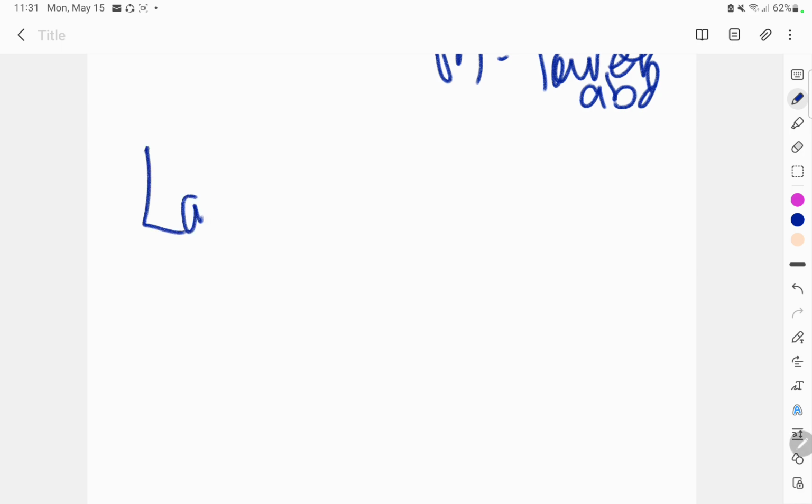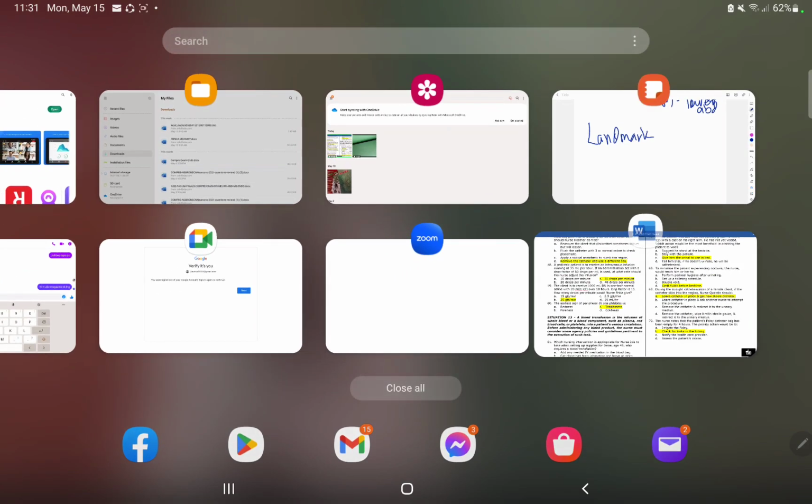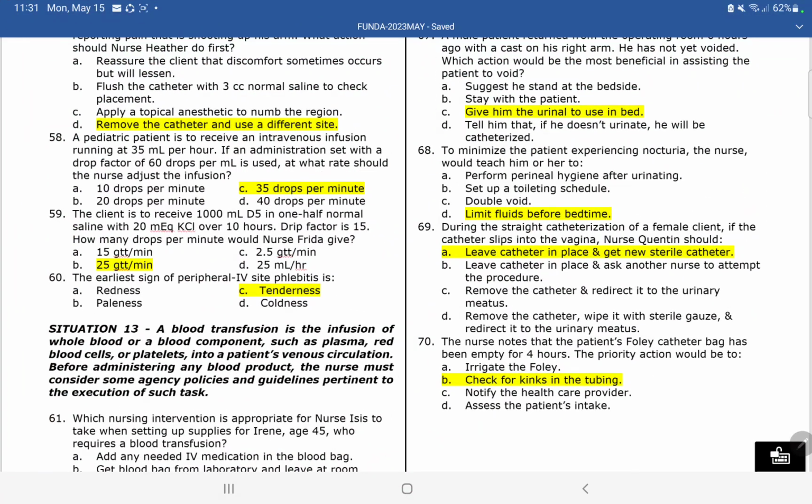Okay. Next would be, so yun na nga ang situation na pumunta sa vagina ang catheter. So just leave it there and then get a new one for the sake na that would serve as your landmark. No, it will serve as your landmark. So the answer for that is letter A. Now, another one is the nurse notes the Foley catheter has been empty for 4 hours. The priority action would be